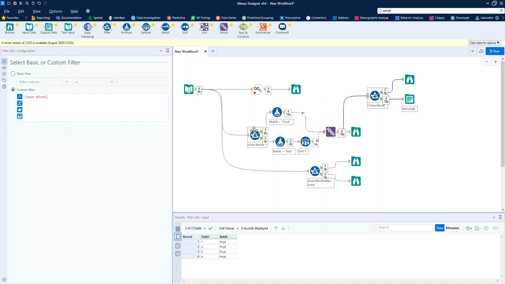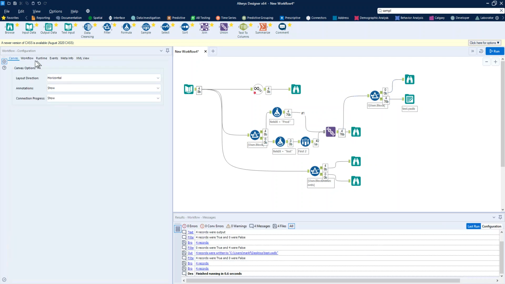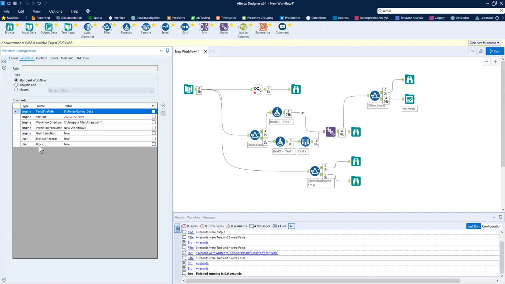But the thing is, I could have many different types of things, or I could be using this user block to make work in the workflow follow a path that it's only doing, and it does it for everything, based on a workflow constant. Sorry for the confusion in the demonstration there,